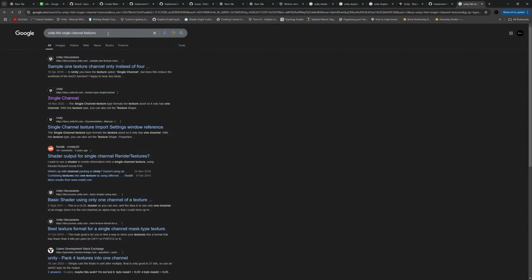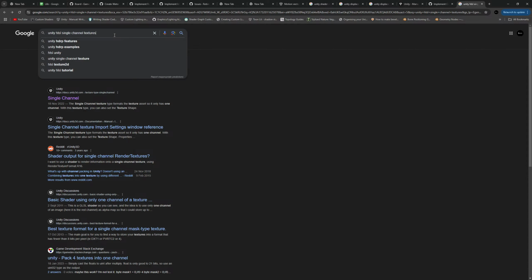Like, do I miss out on some, I don't know, hardware optimizations if I just go with single channeled textures? I don't know, a lot of weird stuff happens behind the scenes. Single channel says